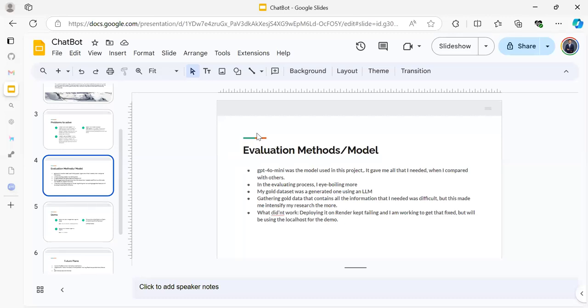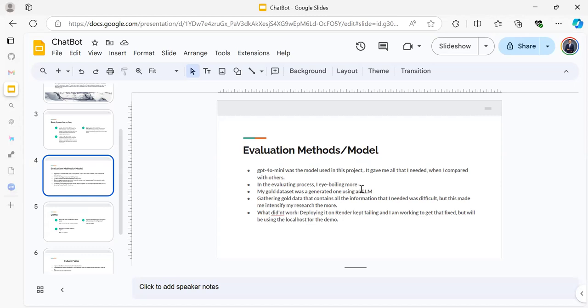And if it's not, then what can I do to improve the response that the user is going to get, that will be able to optimize or educate the person more? So these are some of the evaluation methods and things I did.